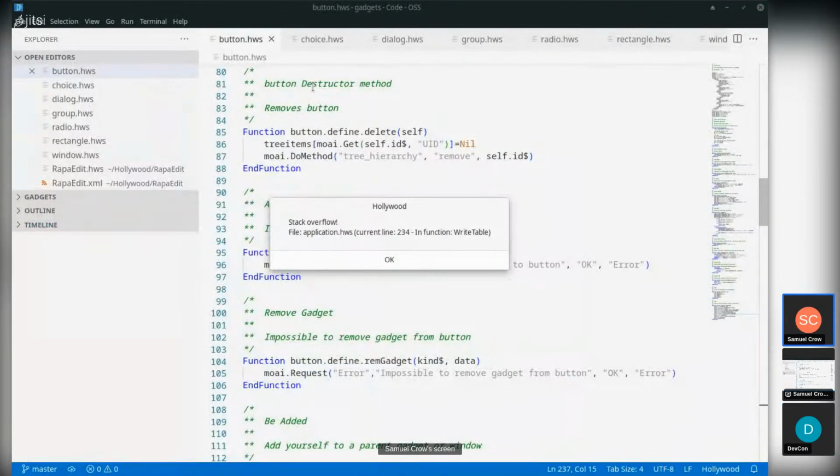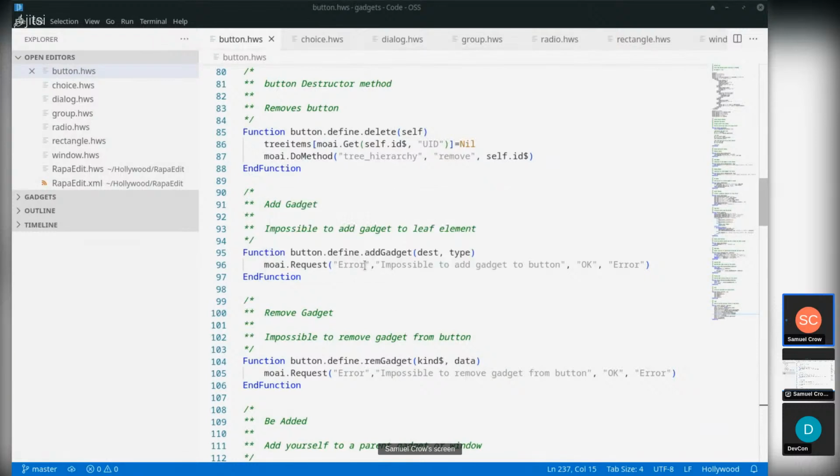Okay, no, it didn't. Stack Overflow. Oh well. Yeah, the radio gadget I think has some bugs in it still. But anyway,